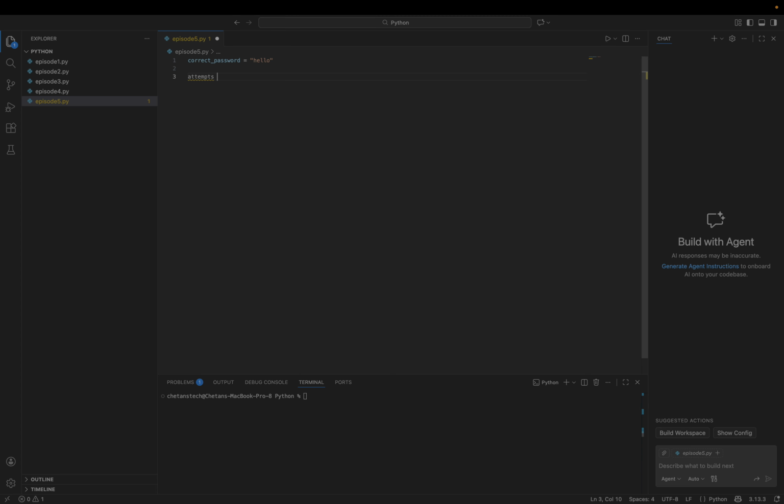Attempts, another variable, and we will say 3, while attempts is greater than 0, entered is equal to input, enter password.